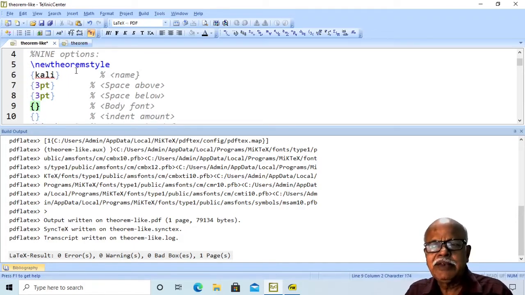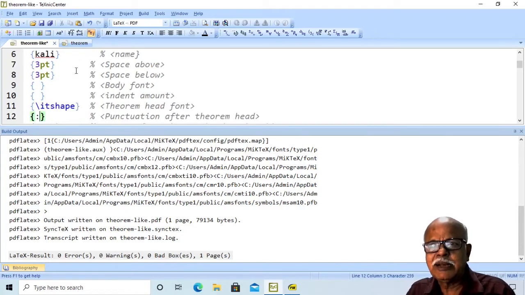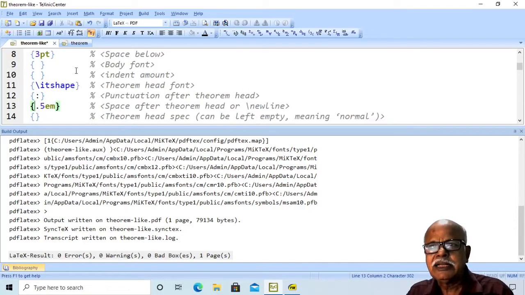If you leave it empty, the default will be taken. Similarly, indent amount, theorem head font, and then punctuation after theorem head, whether you like to have colon, etc. And then space after theorem head, you can say 0.5 m.